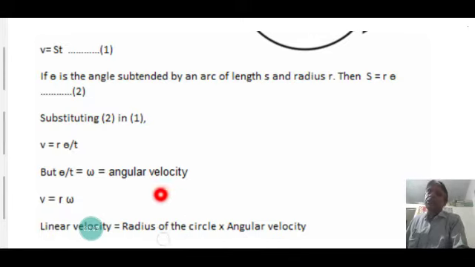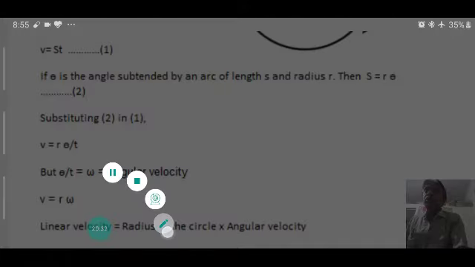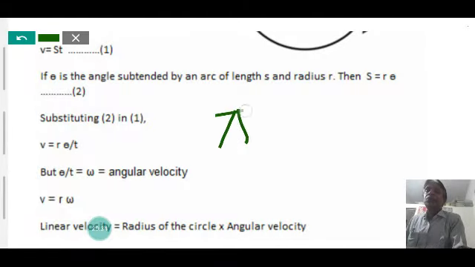But it is expressed when we clear the concept of radian. Radian is the angle subtended. One radian is the angle subtended at the center by an arc equivalent to the radius. If the arc is equivalent to the radius, the angle subtended at the center is called a radian, and the relation between radian and degree measure is pi radian is equal to 180 degree. If there is no symbol written, it should be radian.